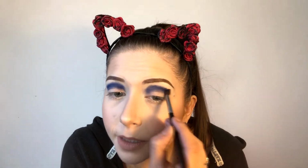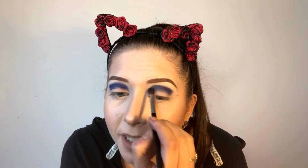I can't wait to see what she does. We didn't tell each other what extra color we were picking either, so I'm kind of anxious to see what she's gonna choose. And I'm going to take a clean, bigger blending brush and just try to buff out these